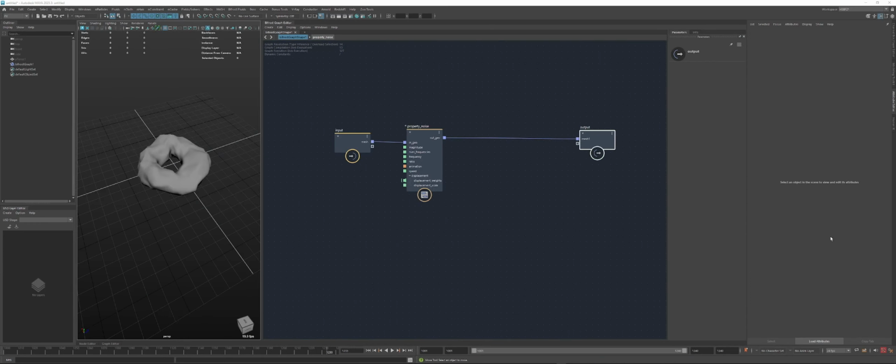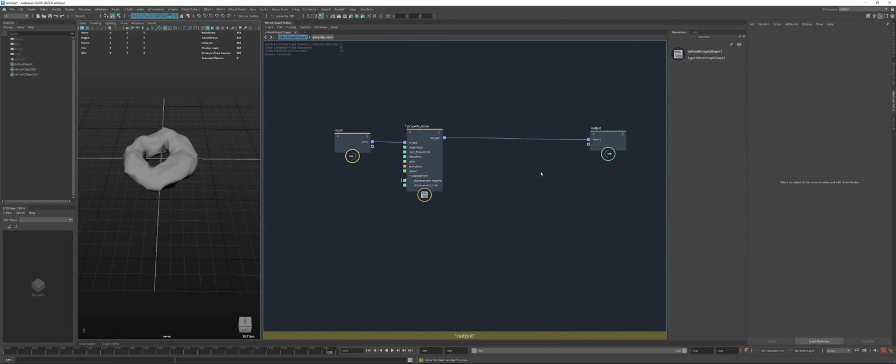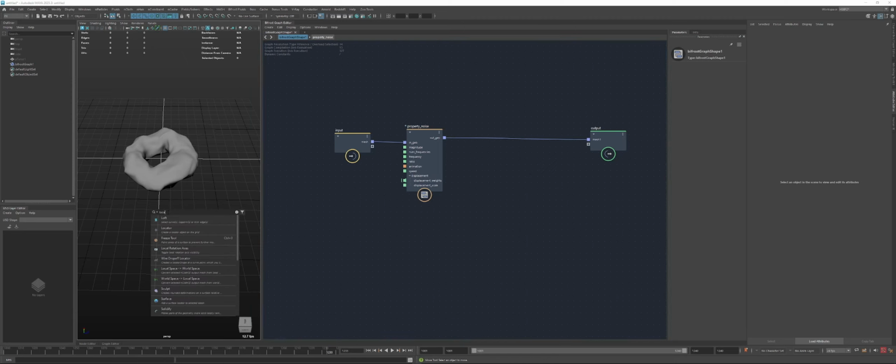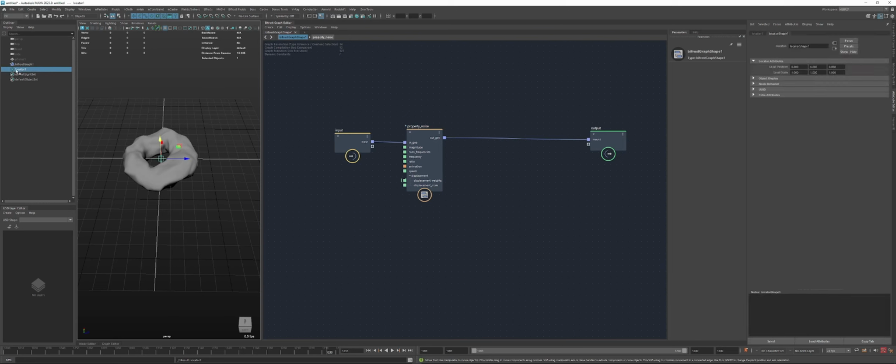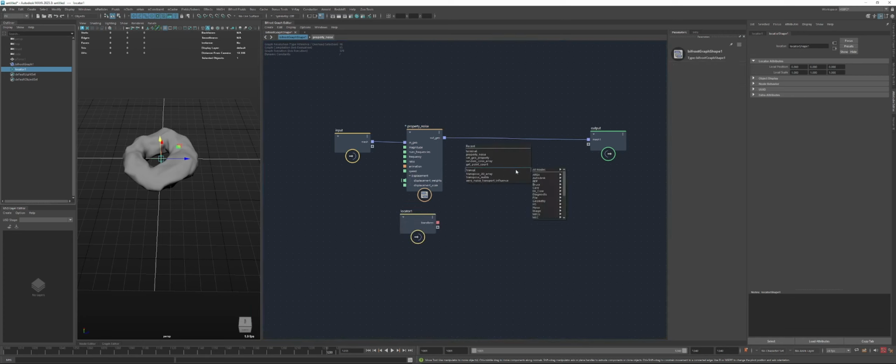So another very handy addition that also before 2.6 we needed to do manually is the option to bring locators from the outliner. So if I create a locator now and drag and drop, we get a transform. And for example, if I want to move this, if I do a transform points